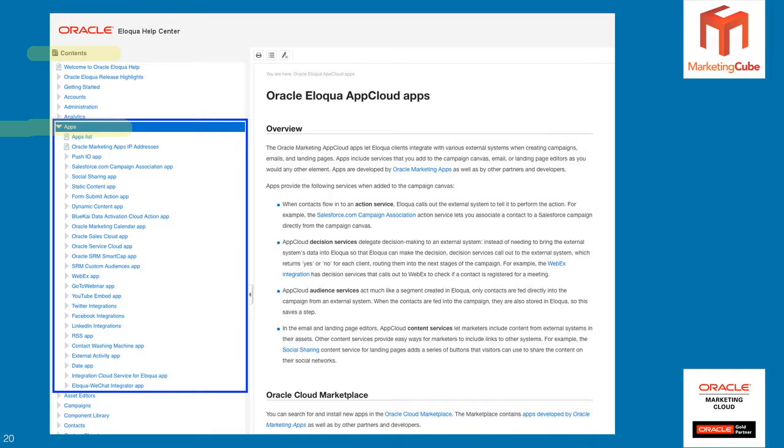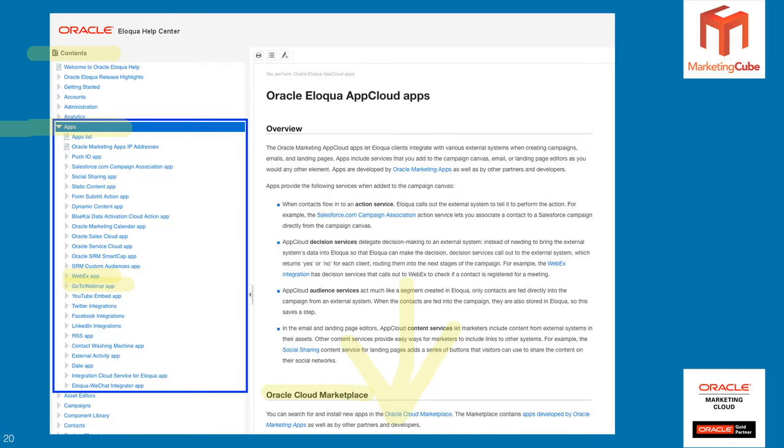These are Oracle apps. So even though you can see WebEx and GoToWebinar here, they're obviously not Oracle products, but the app to actually connect Eloqua to WebEx and to GoToWebinar has been developed by the Oracle team. So that's why you're seeing them listed here, for instance. It walks you through a whole range of those, and you can access all the information you need on how to install it, and then how to configure it and how to use it as you go through. But if you scroll down on this particular page,